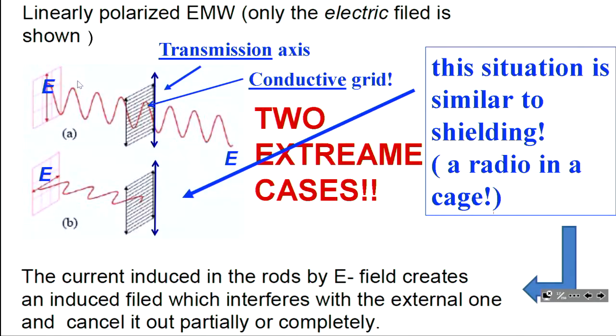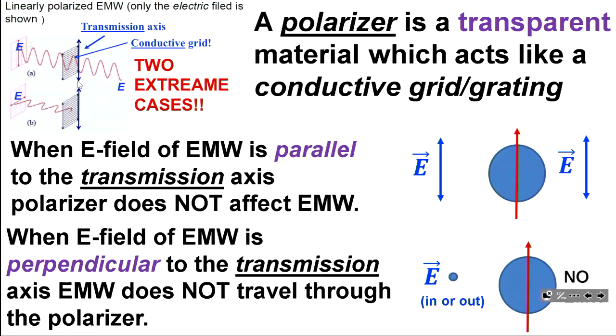But if an electromagnetic wave travels and encounters a conductive grid in such a way that the electric field is perpendicular, it doesn't affect electrons, so it gets through without any change. So these are two extreme situations. And of course, in between this case,